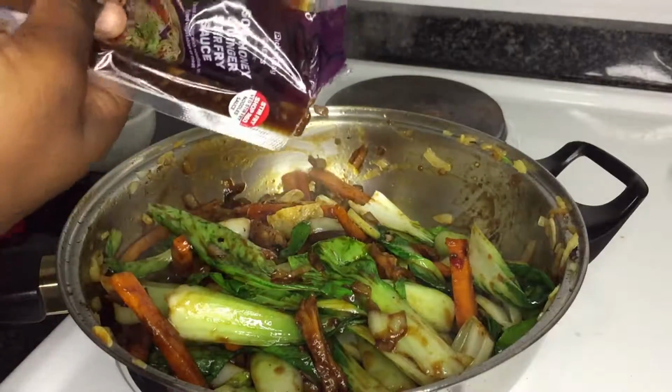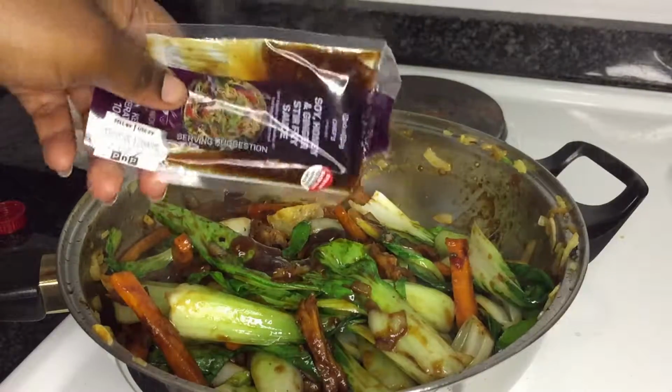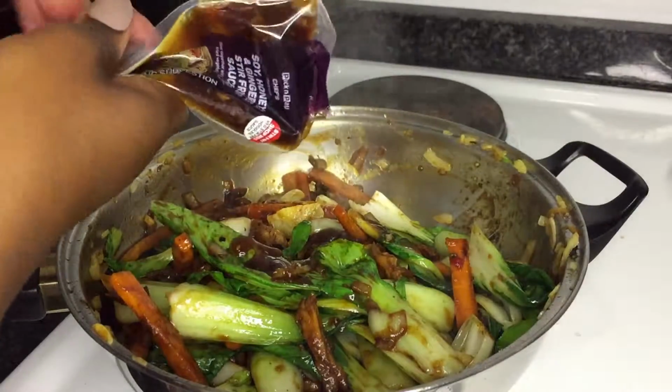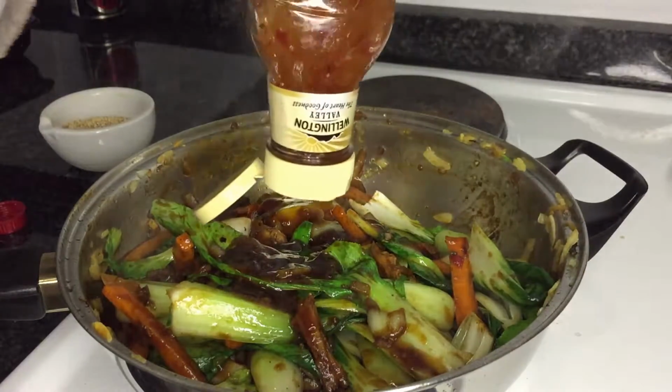And then adding the remainder of our soy sauce, honey, ginger, stir fry sauce, sweet chili,